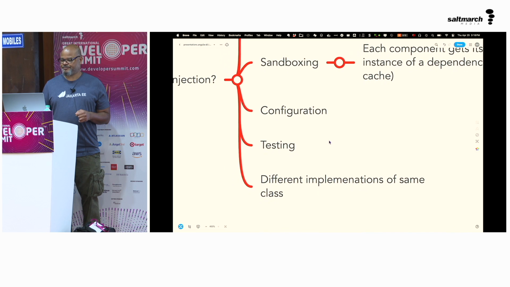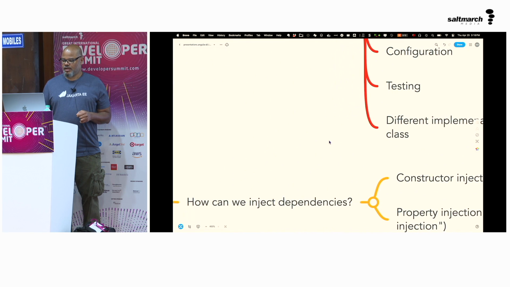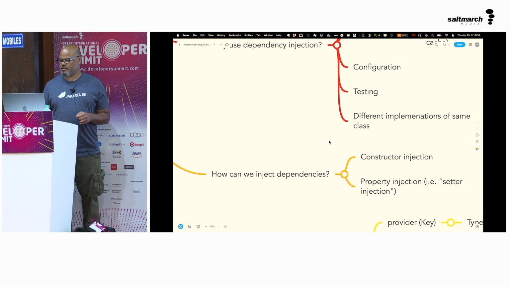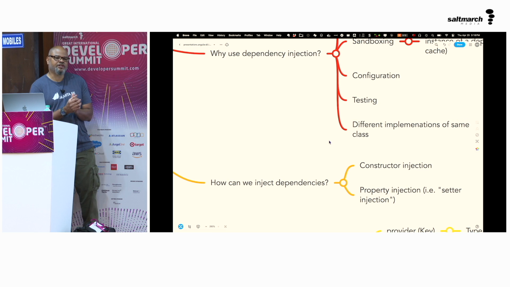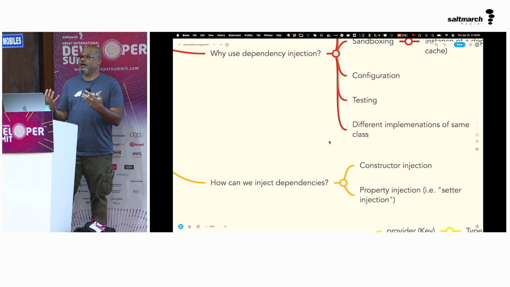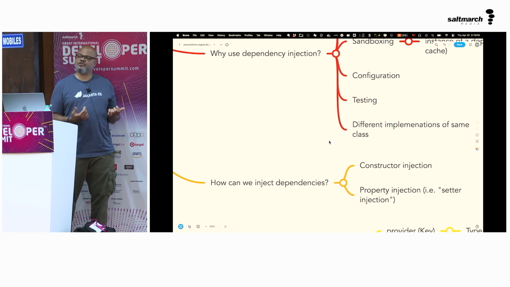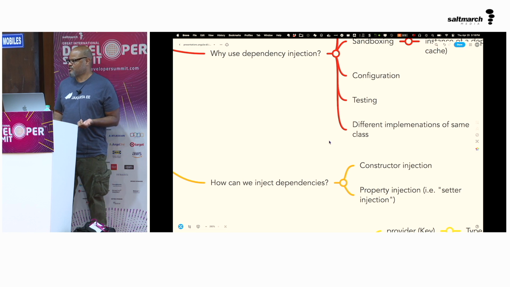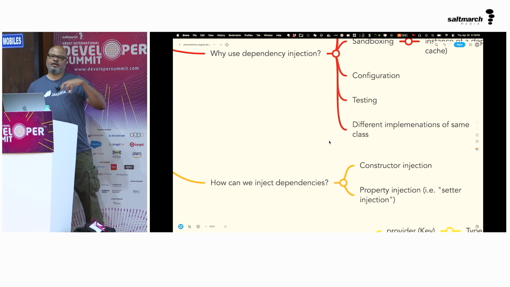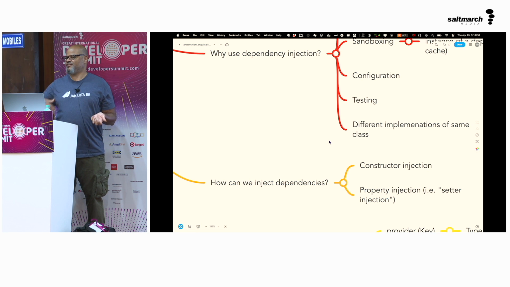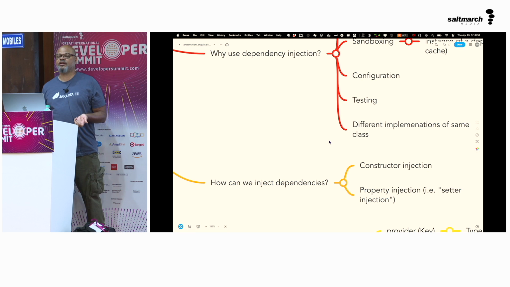So that's the basic idea. And there's actually a couple different types of dependency injection. There is what we call constructor injection, which is where you have a constructor and you put your dependencies as parameters in your constructor, and then those are passed in by the dependency injection framework. There's also another type, which is called setter injection or property injection, which is where you instantiate the object and then you basically inject the values into individual properties, okay?